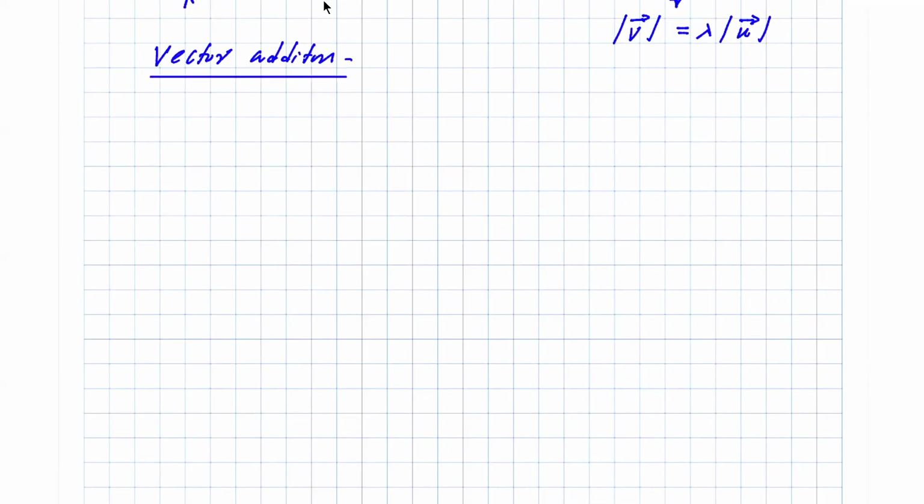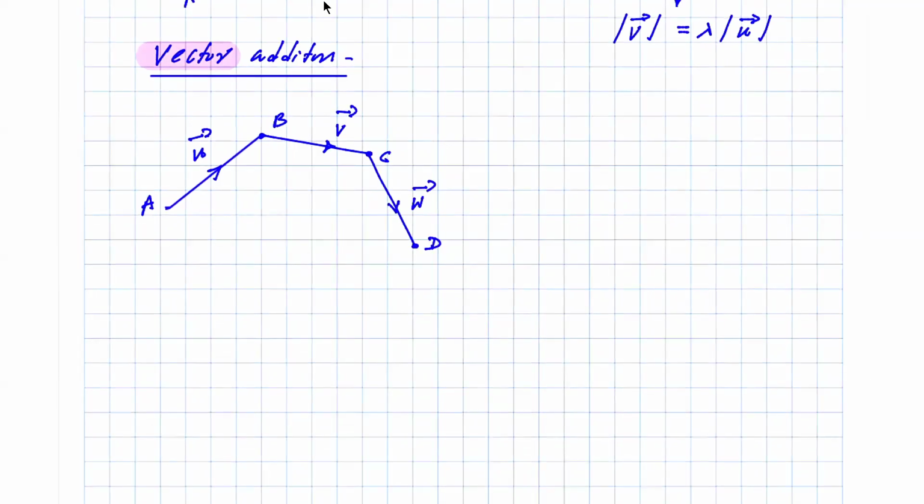Vector addition. So I'm going to emphasize this word, vector addition, right? So the concept is this. If you have a vector from A to B, which is U, and another vector from B to C, which is V, and a vector from C to D, which is W, right? So the vector addition tells you